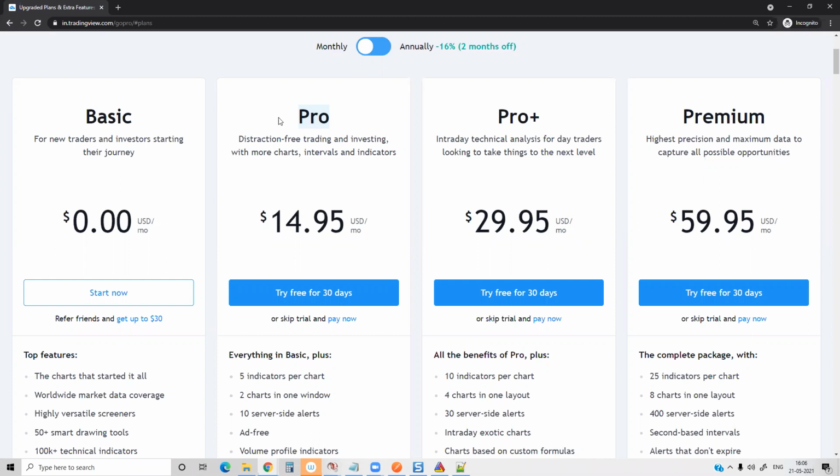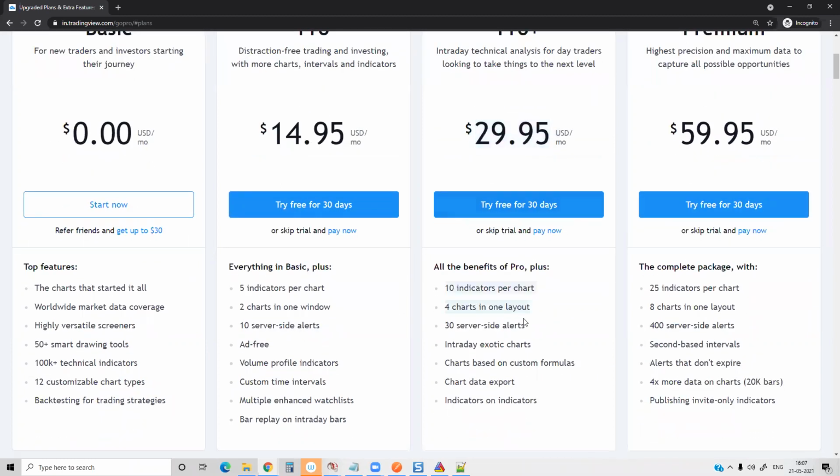And here one can run up to 10 strategies. So 10 server-side alerts are possible. Using one alert, one can run one strategy. So if it is 10 alerts, then one can run up to 10 symbols, 10 different strategies, maximum. However, if you want to run more symbols and more strategies, one has to go with the Pro Plus plan. The Pro Plus plan is a little bit more advanced. You will get more access.